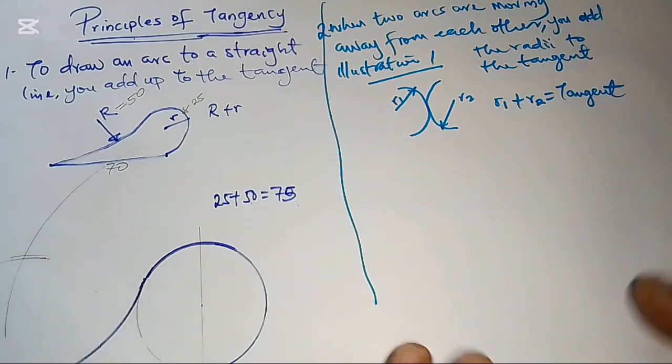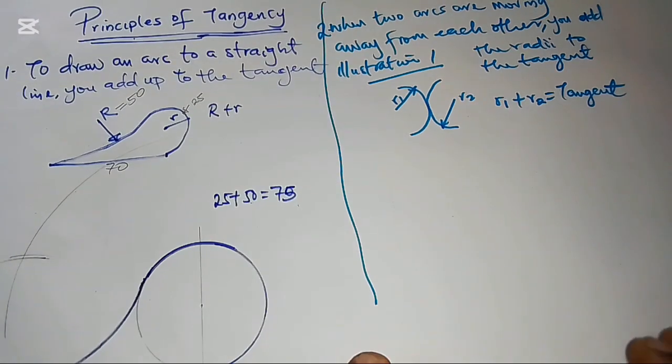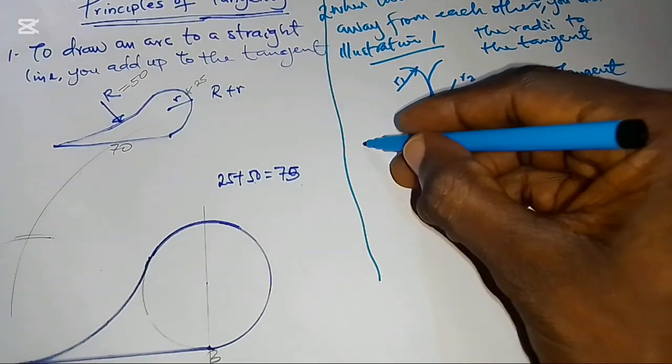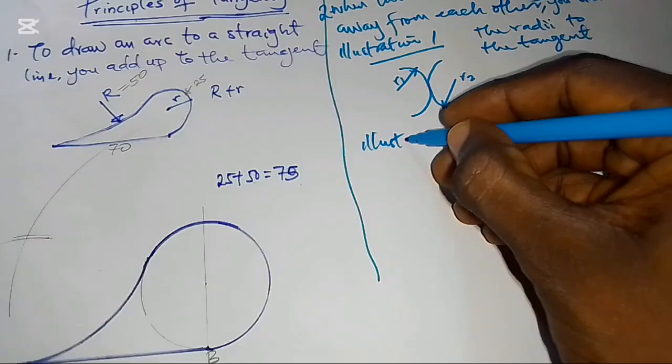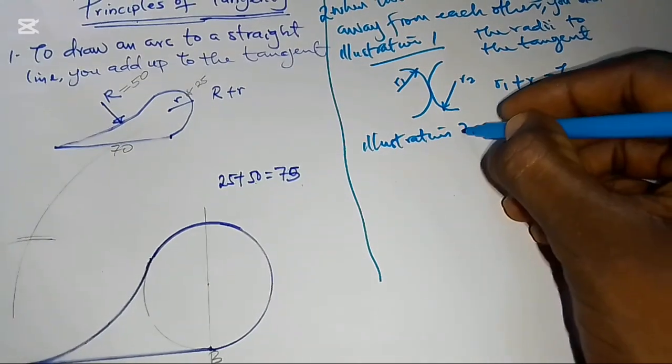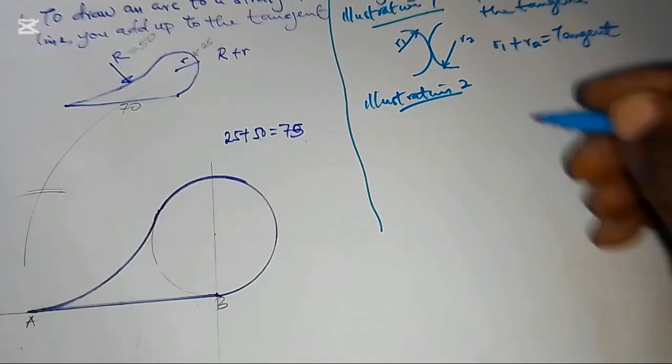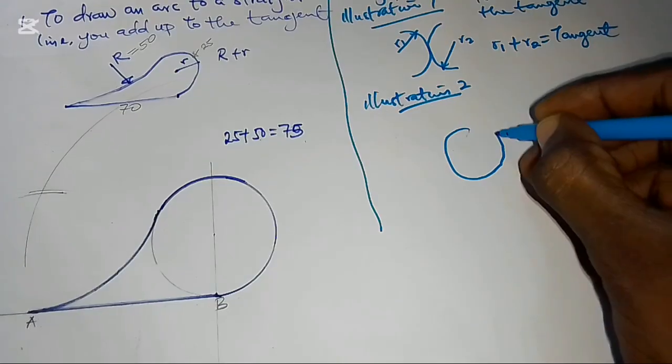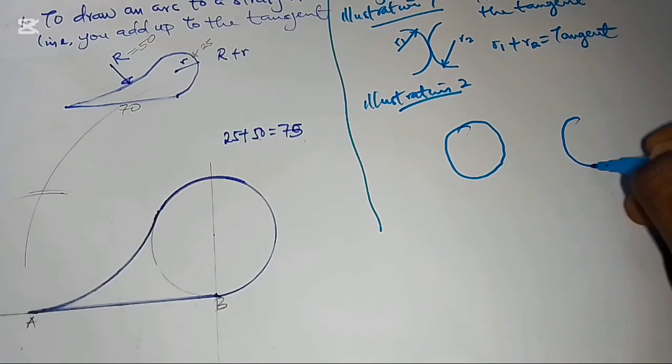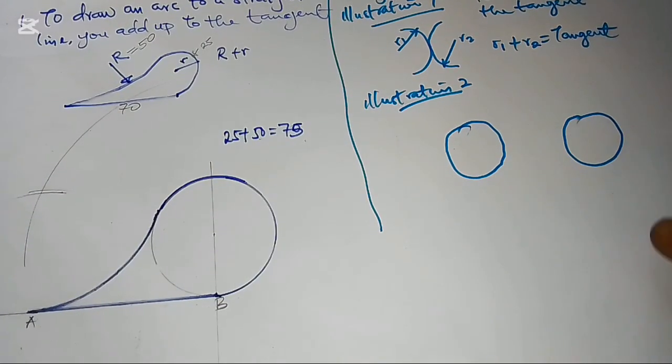That is what the second principle says. Now let's look at another illustration. Illustration 2. If you have two circles like this, it can be equal circles or